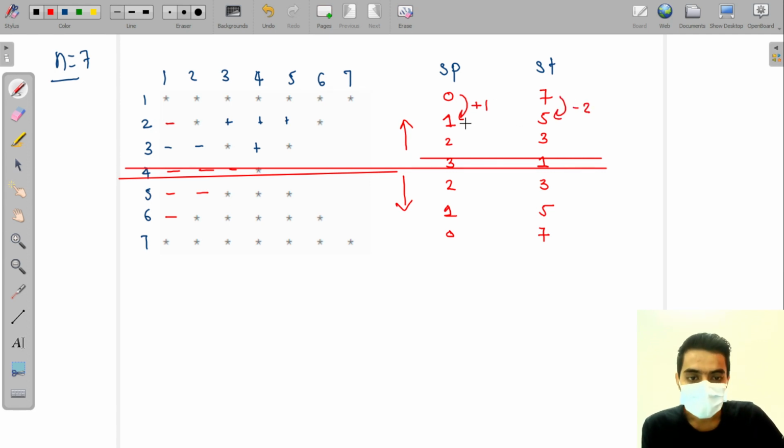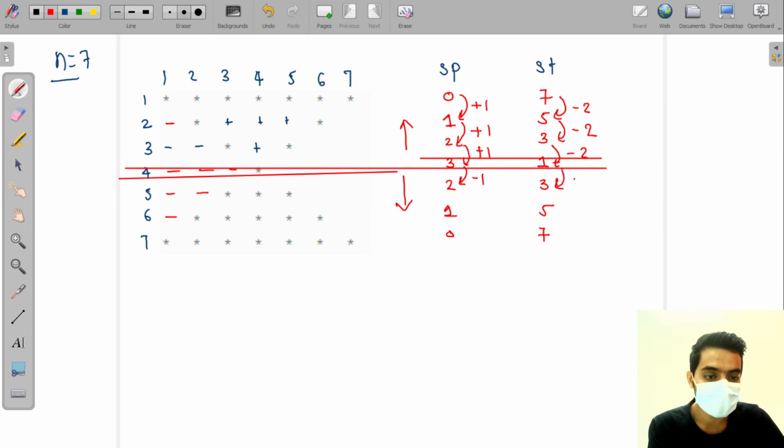From the second to the third line also, the number of spaces is increasing by 1, and the number of stars decreases by 2. This is happening in the first half. In the second half, just the opposite: the number of spaces is decreasing, and the number of stars is increasing by 2. So this is our analysis for printing the pattern like this.